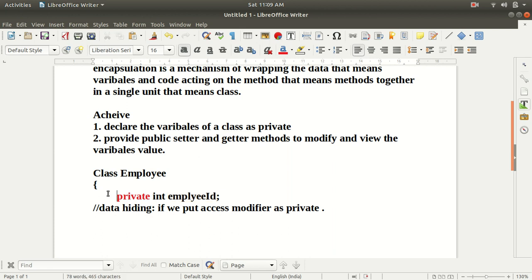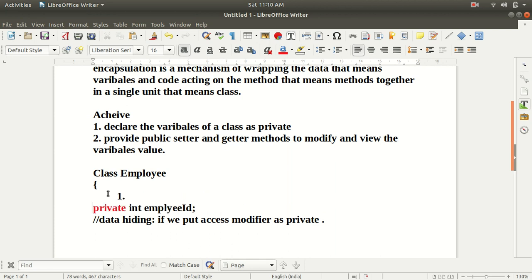So guys, this is the first step. And now we are going to see the second step, and the second step says that we have to create a public setter and a getter method. So let's create a public set employee id method, and inside the argument we have to pass an employee id.